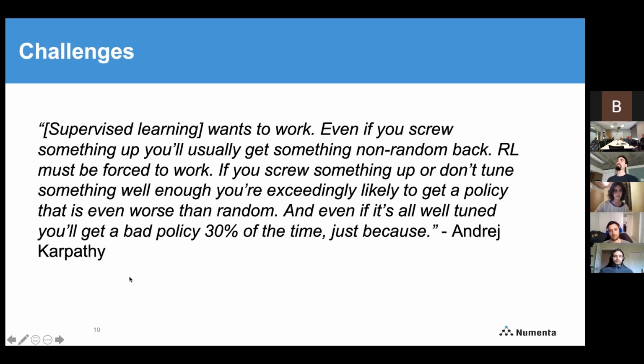Okay, and then just to start it off, one quote from Andrej Karpathy. I think he's head of AI research at Tesla right now, not sure. "Supervised learning wants to work. Even if you screw something up, you'll usually get something non-random back. Reinforcement learning must be forced to work. If you screw something up or don't tune something well enough, you're exceedingly likely to get a policy that is even worse than random. And even if it's all well tuned, you'll get a bad policy 30% of the time, just because." And I made pretty similar experiences with that